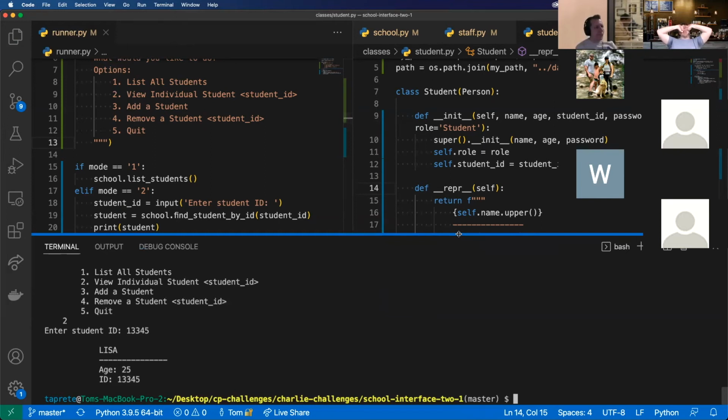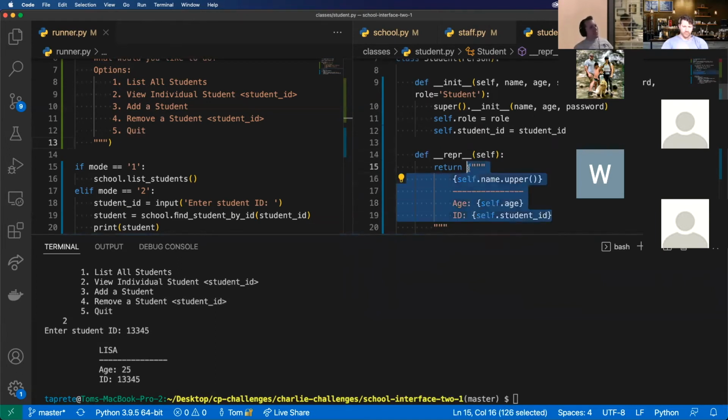I can't remember off the top of my head. Repr does like another. So string just visually represents, like visually displays whatever you want in a string. Where Repr, it does something else in addition to that. And I can't remember off the top of my head. If anybody knows,